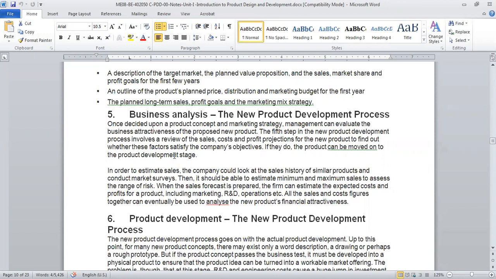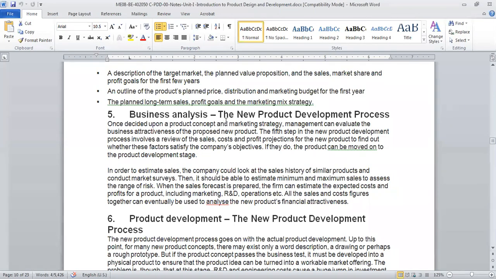Okay. To find out sales, the company will look at the history of similar products, say phones. If the market history of new phones is from 10,000 to 20,000, you cannot sell your phone for 90,000, right? So you have to give a competitive price. But if you are giving something out of the world, something new, then you can ask whatever price you want. All this analysis needs to be done in the business analysis part. Okay. So they will need people from finance, marketing, R&D, and operations. All those people need to be part of the business analysis.